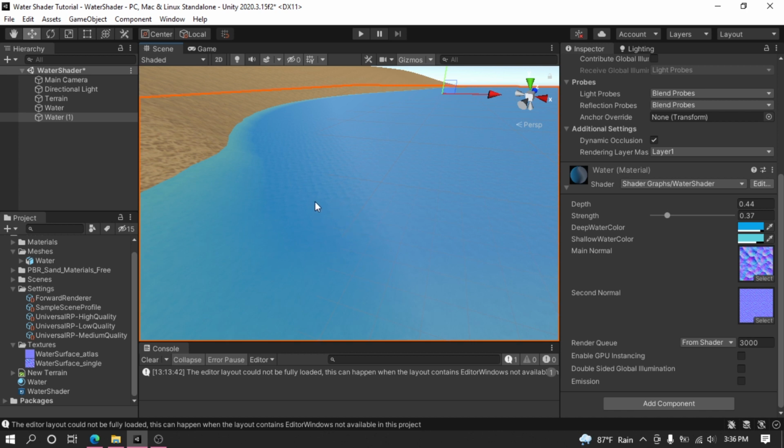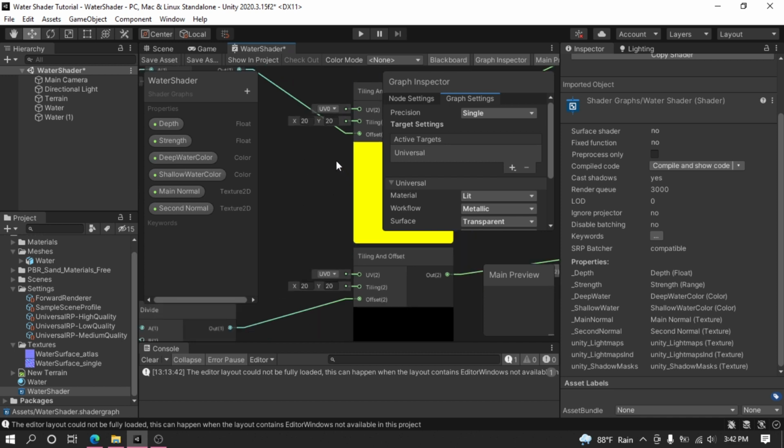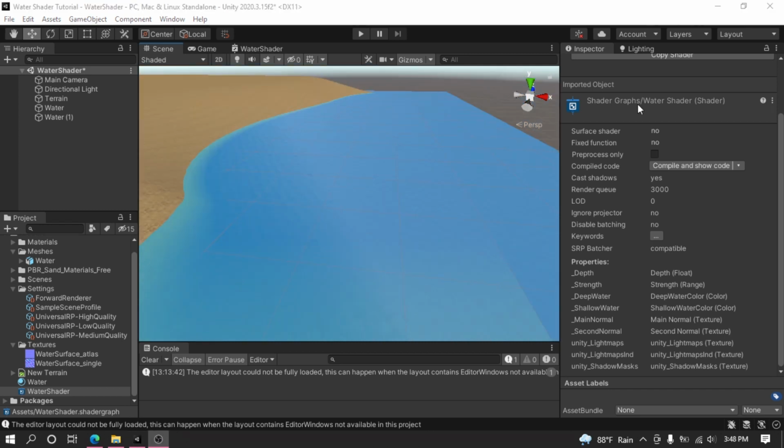Again, this is going to depend on the game you are making or on the scale of your water, but I'm going to set my tiling and offset to 20 for both of these so that I can visually see the textures. Again, in game you need to adjust this according to your game, so make sure you adjust both of these according to your game. Our scene has now